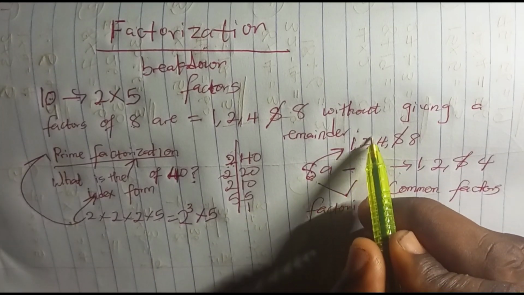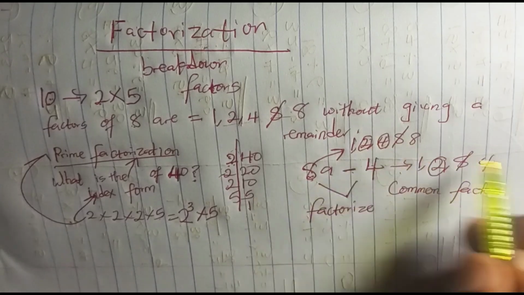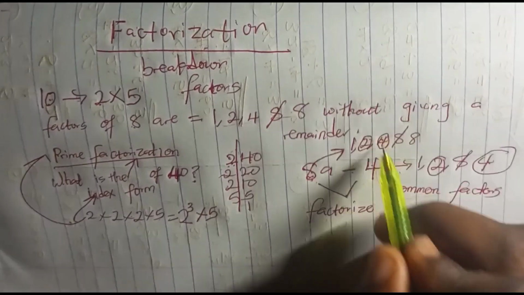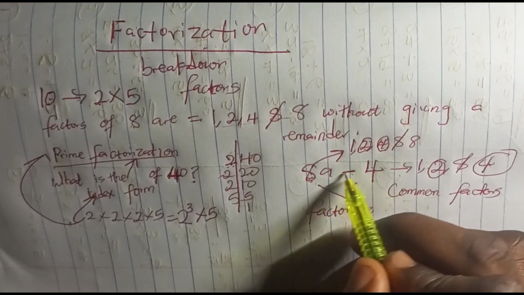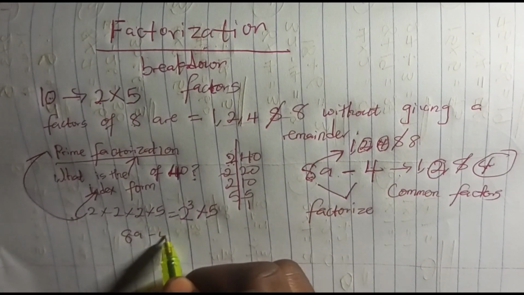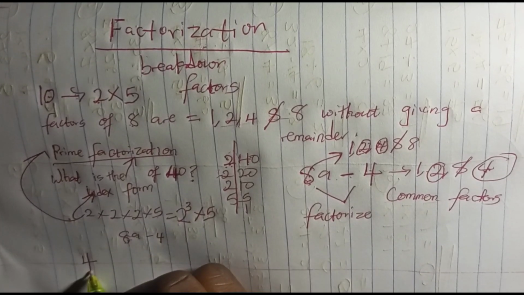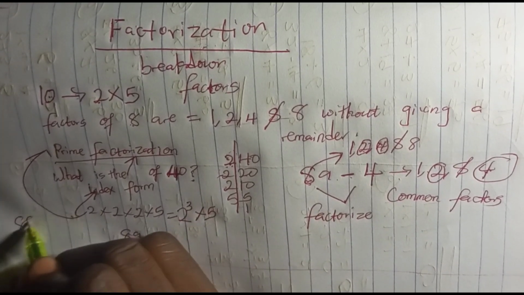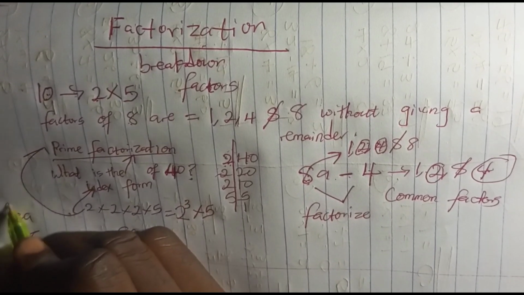Now the common factors there, if you look, we have 2 in the factors of 8 and 2 in the factors of 4. We have 4, we equally have 4. Now in this case, you can use 2, but if you use 2, you still have to break down. We are trying to reduce it to its lowest form. Now in this case, I will use 4 because it is the 4 that will take it straight to the lowest form. So when we're having 4 into bracket, that 8a divided by 4,